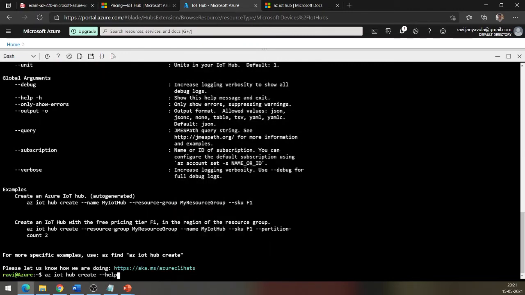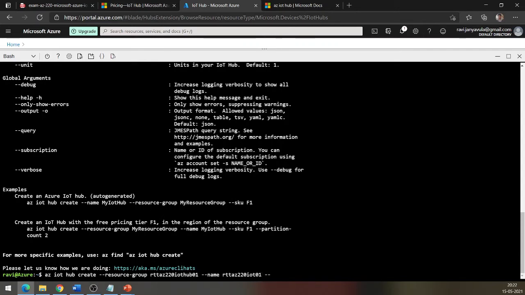Now to create, we'll say az iot hub create --resource-group RTT-AZ-20-IoT-Hub-01 as the resource group and --name RTT-AZ20-IoT01.